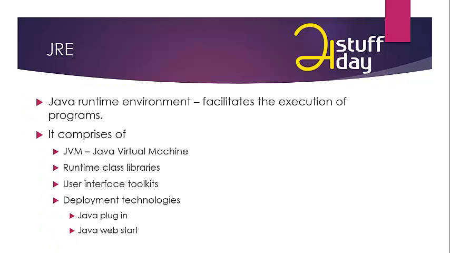Then let's see about application program interface. What do you mean by application program interface? The Java standard library is also known as application program interface. It includes hundreds of classes and methods grouped into several functional packages. There are more than 300 packages and 3000 classes available in Java. The most commonly used packages are language support packages, utilities packages, input-output packages, networking package, AWT package, and applet packages.